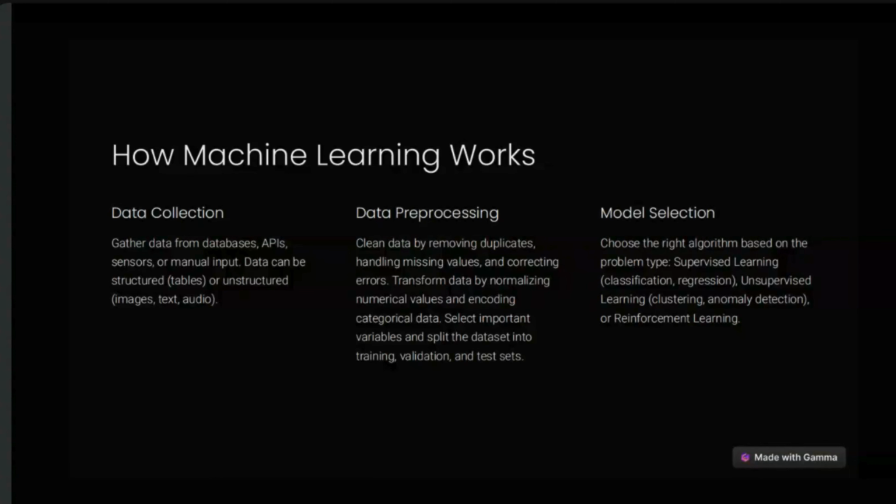Okay, so there we have to use classification and regression. If the data is unsupervised, then we have to go for clustering, anomaly detection, or reinforcement learning. According to which learning we have to do: for supervised learning, we have to use classification and regression. For unsupervised learning, we use clustering, anomaly detection, and there is one more, reinforcement learning.